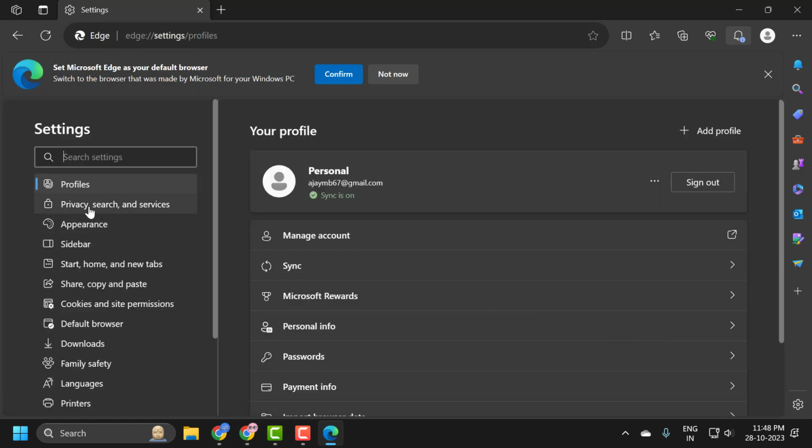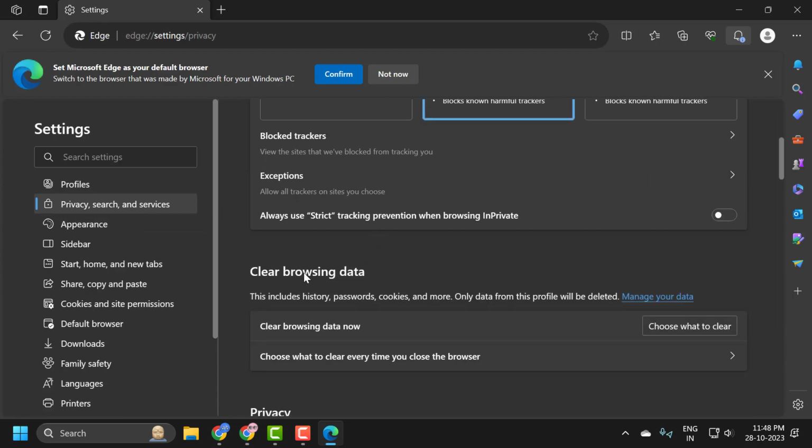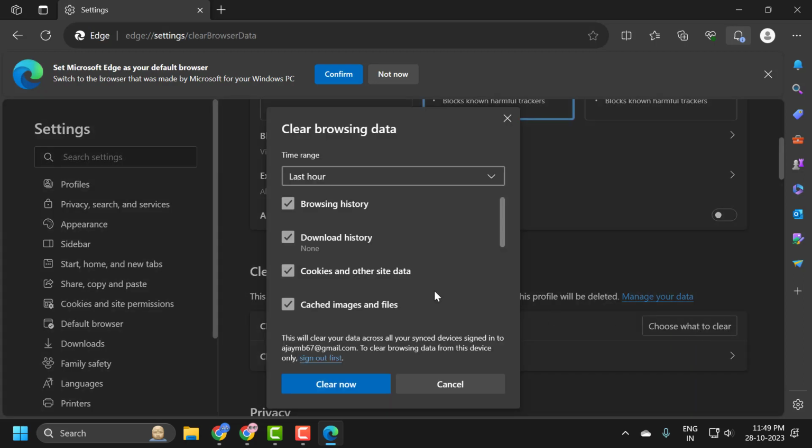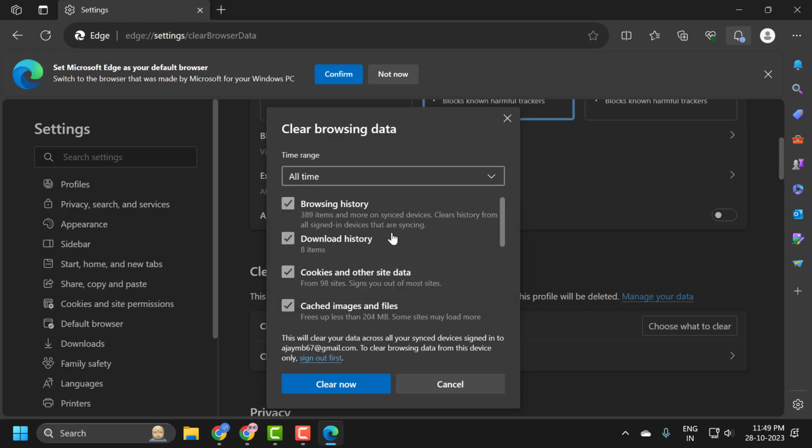On the left side, select privacy, search and services, and on the right side you just need to scroll down. Under clear browsing data, select choose what to clear, and now select the time range you want. I'm going to select all time, and you can also select certain categories of browsing data you want to remove, such